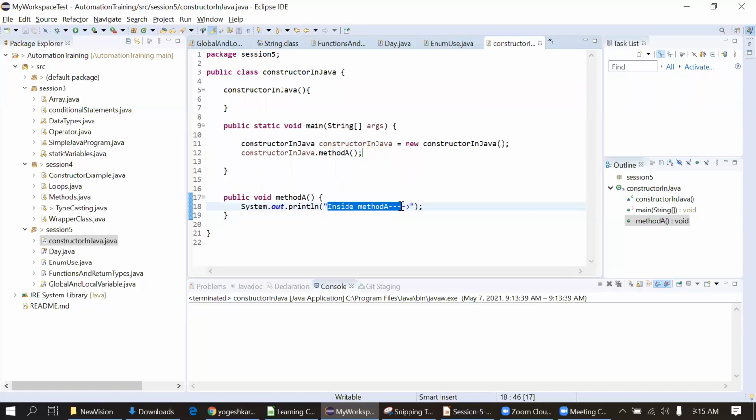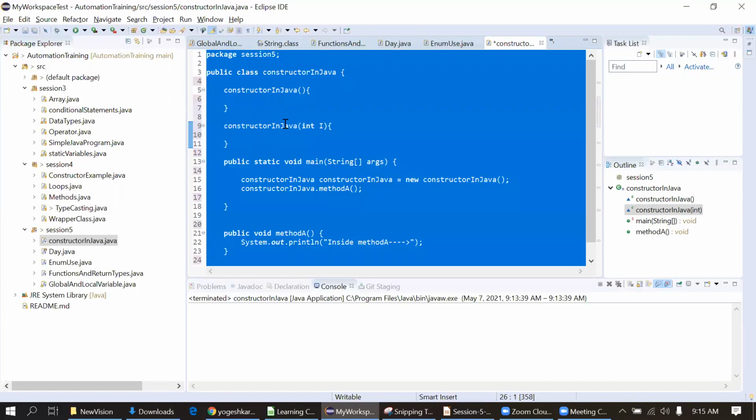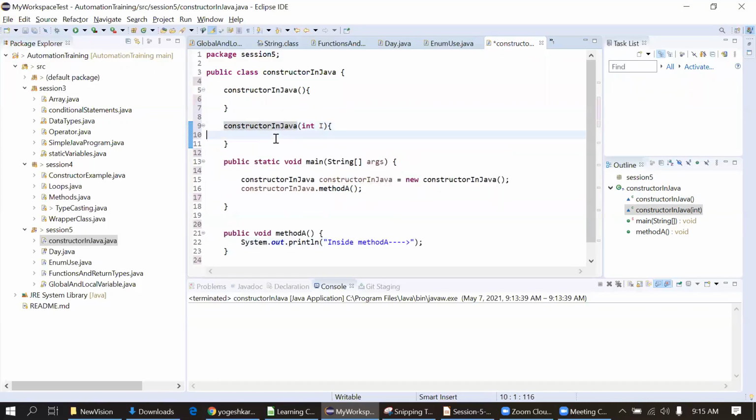Now there is a second constructor, the parameterized constructor. Simply I will copy this, paste this, and pass the parameter here, integer i. Then I will print something here, sysout, inside, and I will print the value as well, value of i.